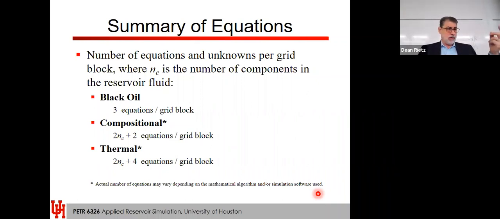So methane will be one, ethane will be another one, and then maybe propane, or maybe propane plus others, the light ends, and then you might divide them up such that you have a reasonable number of components. And the reason why I say that is